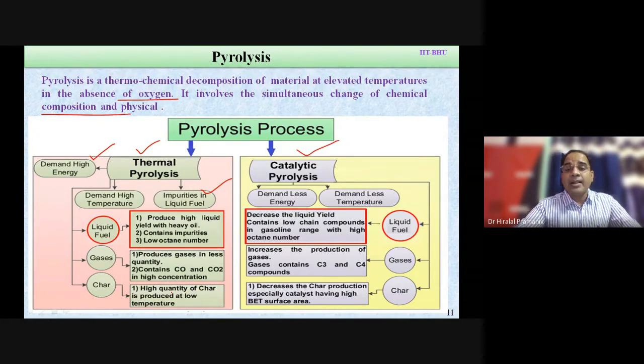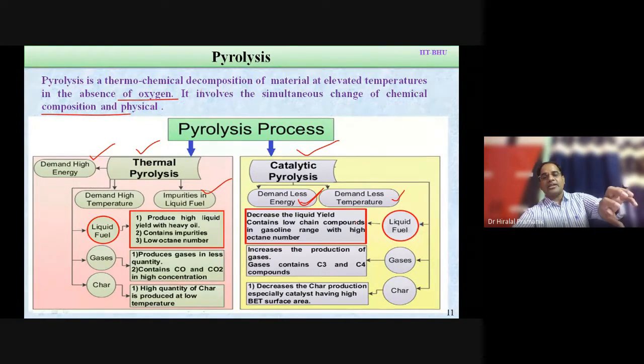At the expense of the catalyst, you can have several benefits, and those are less temperature required. First of all, the temperature requirement is low, and less energy is required. The liquid yield which you will have is selective, meaning if you want to have gasoline range products, you can